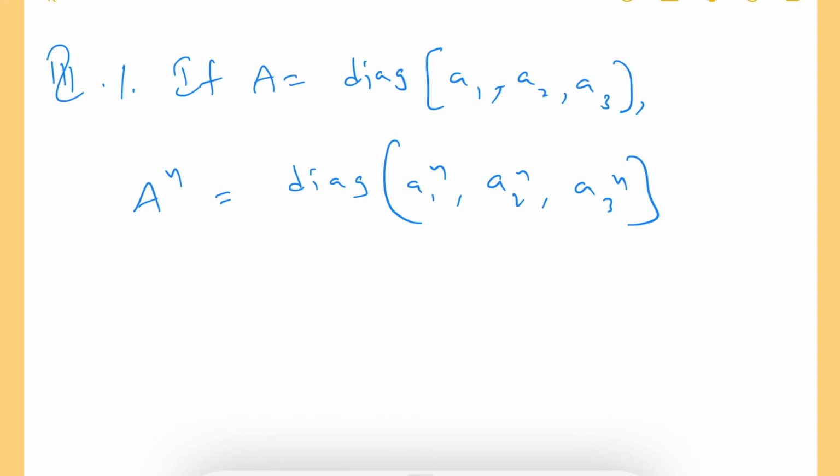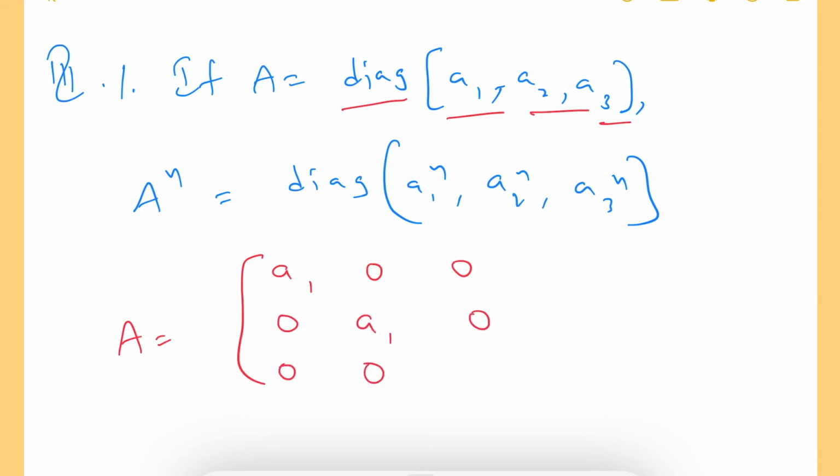Okay, now first let us represent the matrix A. He said clearly that in the diagonal only elements are there, and those elements are A1, A2, A3. So the matrix will become A1, 0, 0, 0, A2, 0, 0, 0, A3. This is the matrix A. And then he is asking to show that A power n equals, in the diagonals, A1 power n, A2 power n, A3 power n. Now this problem we are going to solve by the principle of mathematical induction.